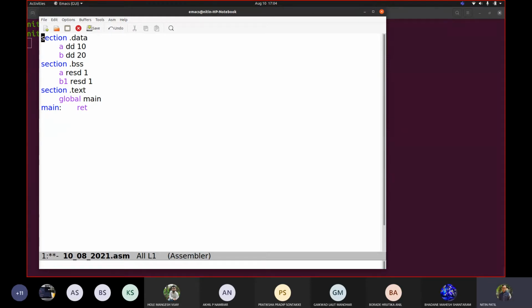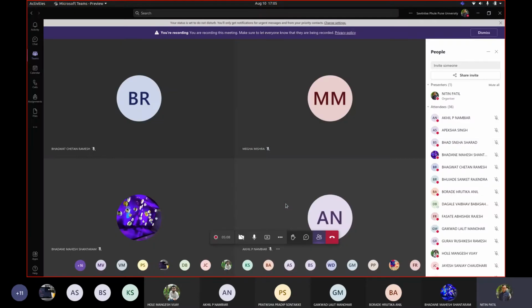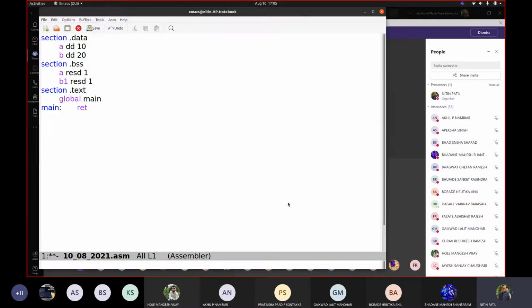Whenever section.data is added in the code, you should always see that there is something like dd or db included with some values, and the initial thing would be an identifier. And I already told you how you will verify whether the identifier name is properly given or not. You may have to define some kind of grammar or a transition diagram, which would be verifying internally whether the variable name is correct or not.